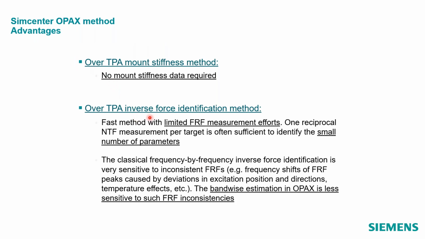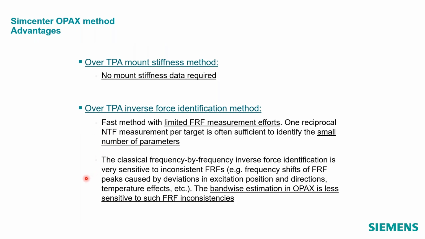Advantages of OPACS over matrix inversion. It's a faster method. We don't need all of the FRFs from the paths to themselves unless you have a lot of cross-coupling going on. And then if you do have that cross-coupling, then you still want the FRFs from the paths to themselves. At some point, if you're going to do that, you probably may do a matrix inversion. So I think OPACS works best with soft mounts with data on the active and passive side. If you're going to do the indirect mount method for stiff mounts, by the time you get all the FRF data you need, you probably should do a matrix inversion anyway.